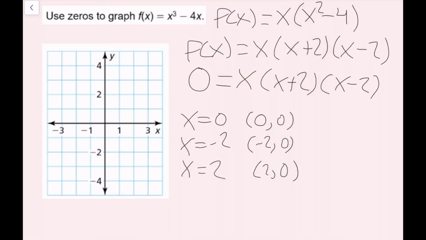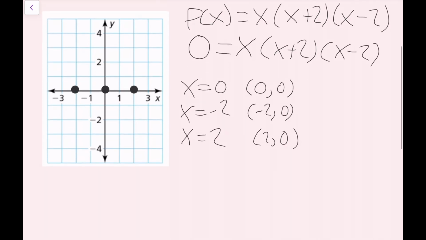So they're going to be here, here, and here. So now that we've plotted the intercepts right here, the x-intercepts, the not so exact way that we're going to do now is just plug in the x value for points in between here. When you take calculus, you'll figure out how to find the exact local maximum and local minimum here. But for now, we can just pick the 2 points in between our intercepts, which is -1 and 1